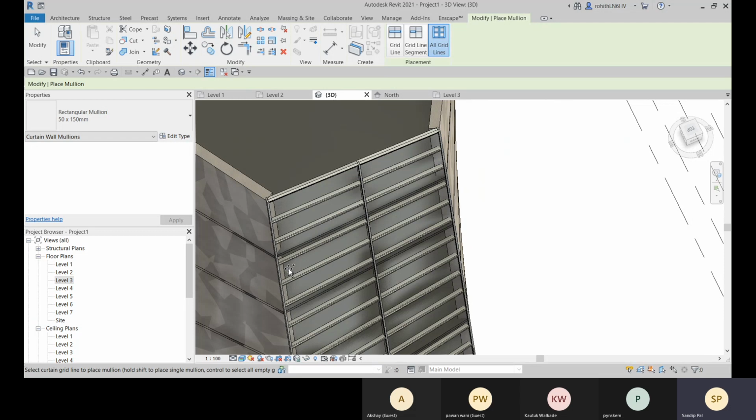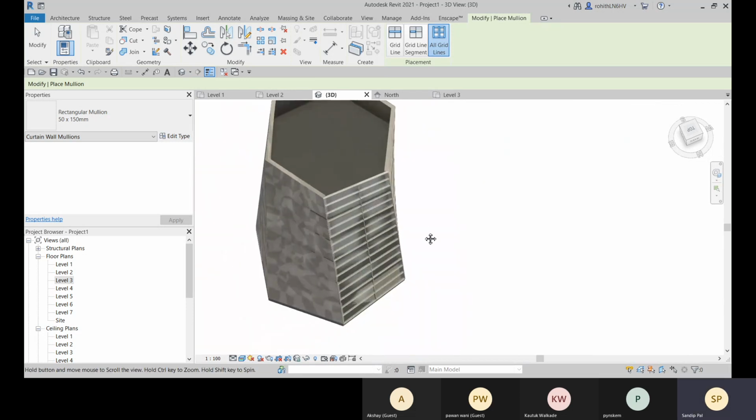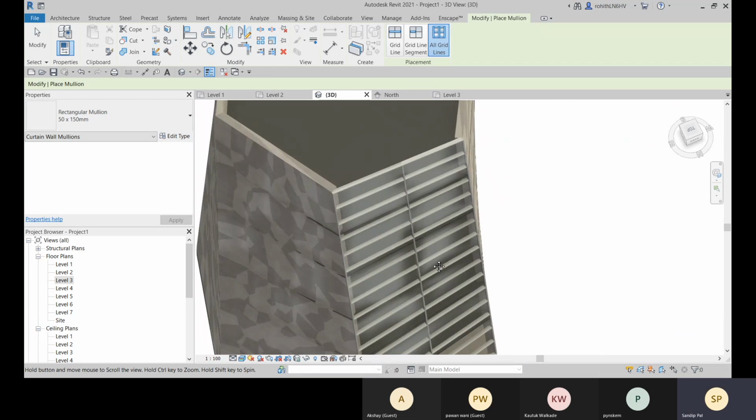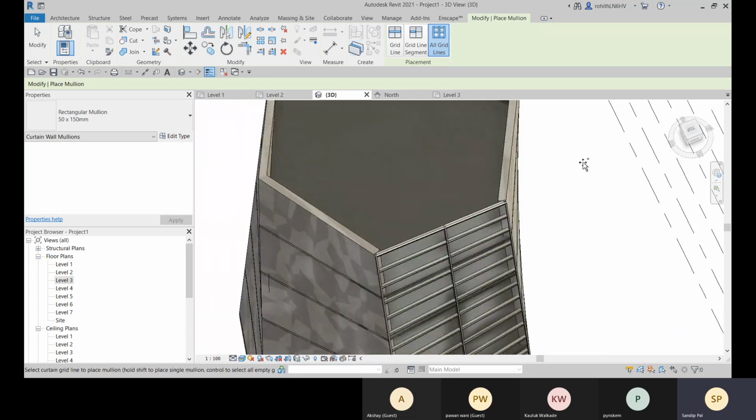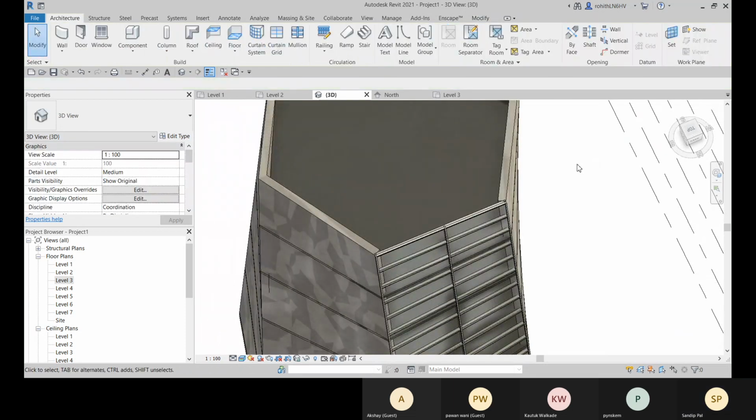You will just create a kind of family which will adapt wherever you place. It will adapt itself as per the shape and size. So we'll know later how we can create the adaptive families. So now it's fine. Okay, and now we will place roof.